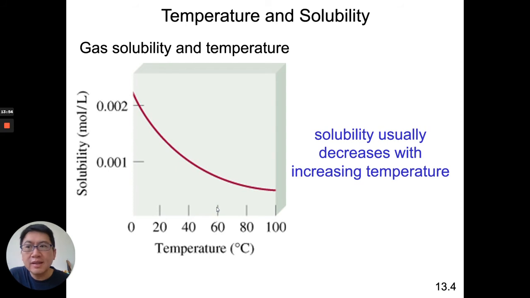If you have warm soda, the solubility decreases with increasing temperature. And as you increase the temperature, it's going to go flatter faster because solubility will decrease. And who in the world wants to drink a warm, flat soda? Well, maybe some people do, but I don't. Okay, solubility decreases with increasing temperature. So as you increase the temperature, less and less gas will dissolve in it. Colder water will have more gases dissolved in it, which is also why